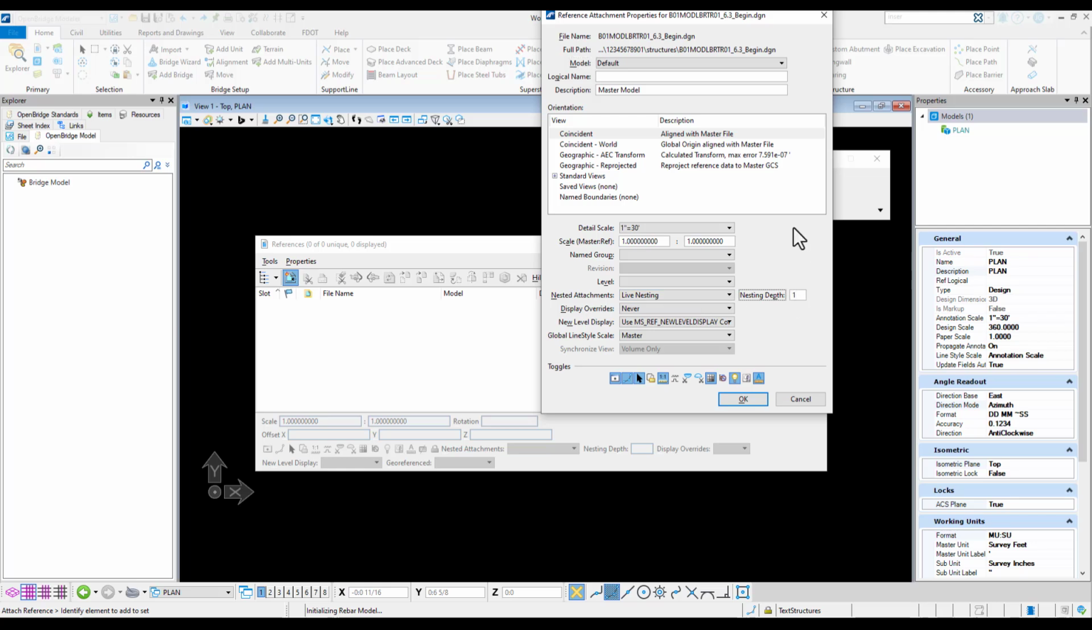Should be able to leave everything else as default. The model should be default. Detail scale should come in at 1 inch equals 30 feet. We want to make sure that our live nesting is on so that nesting depth comes through. Then all other options can remain as their default options. With that set, we can click OK,